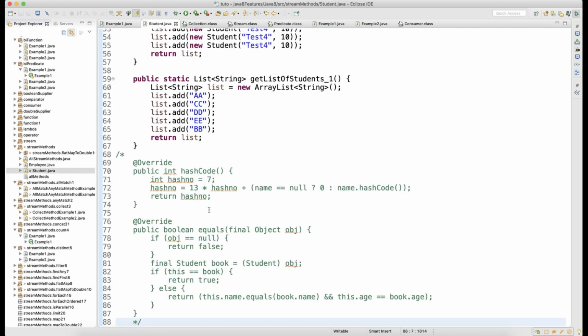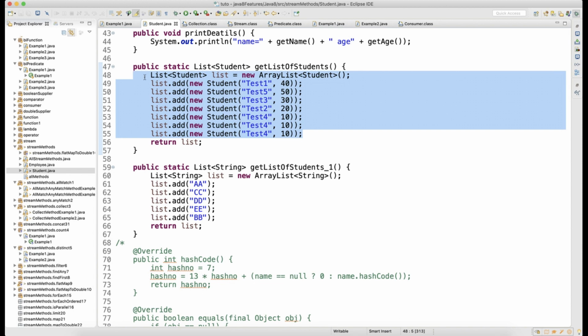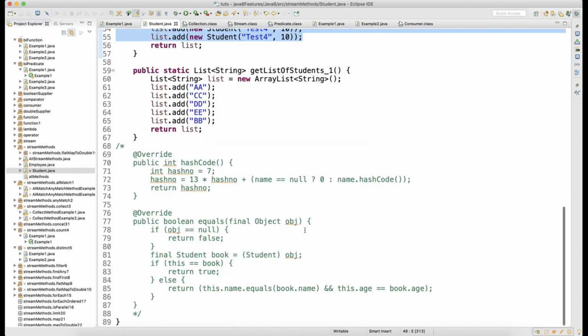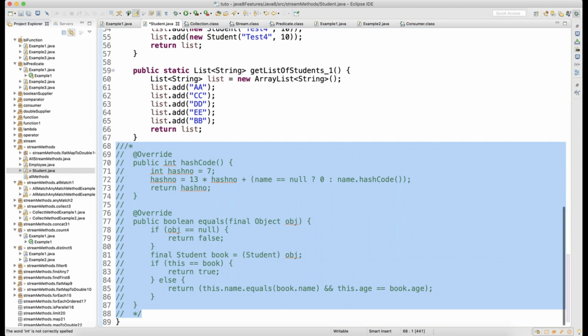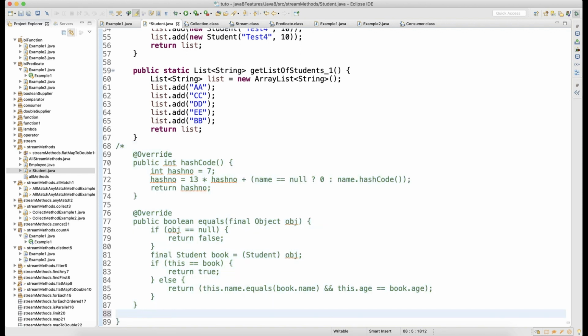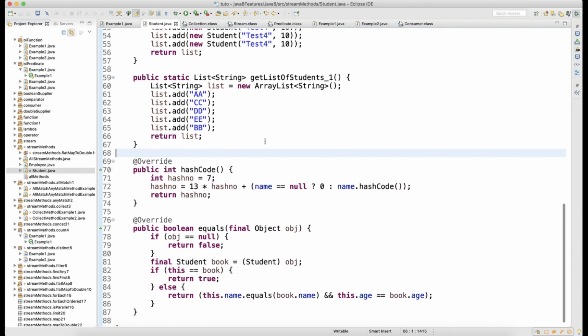Because every Student is a fresh object since it is a custom object. Since it is a custom object, we need to override the hashCode and equals method to remove the duplicacy, otherwise we cannot do that in case of a custom object.